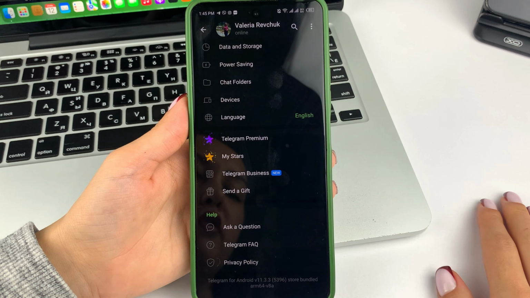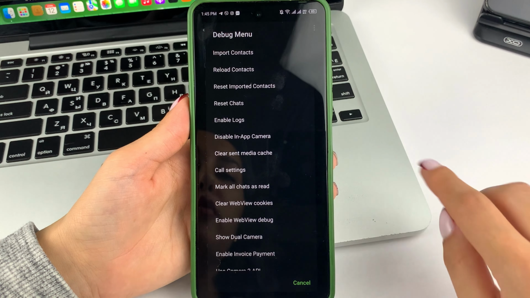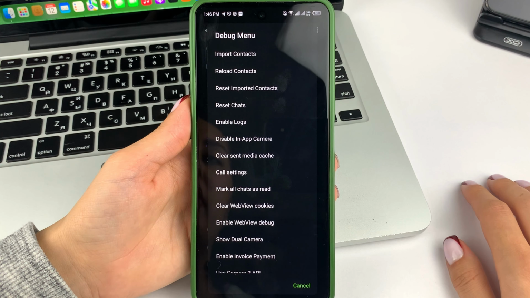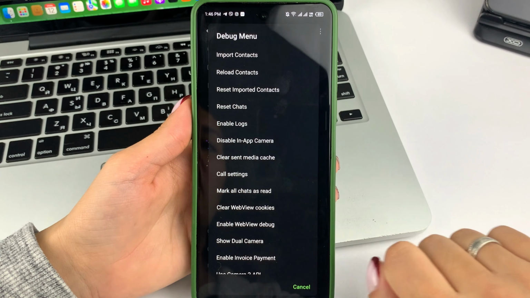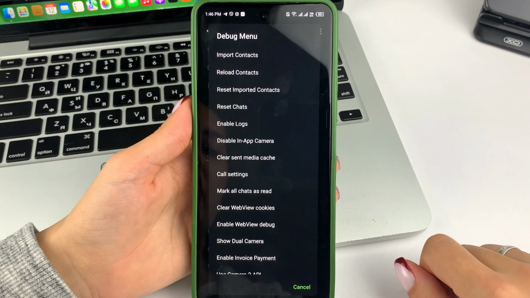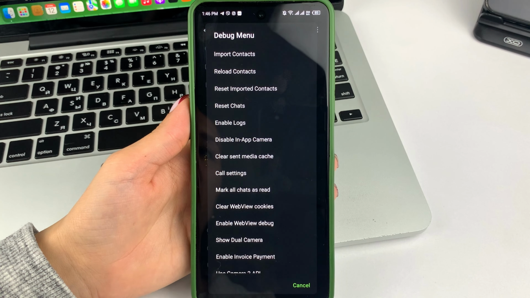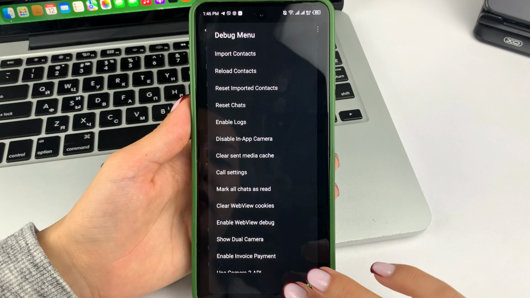When a message like this appears, tap and hold once again, pause, so that a little menu will appear. And so that you can enable Camera and Telegram app, you need to find this option, Enabling the Camera and Telegram. Click on it. And immediately you will allow access to the camera to the Telegram app. After that, you will be able to freely take photos and videos in the Telegram application using the camera.